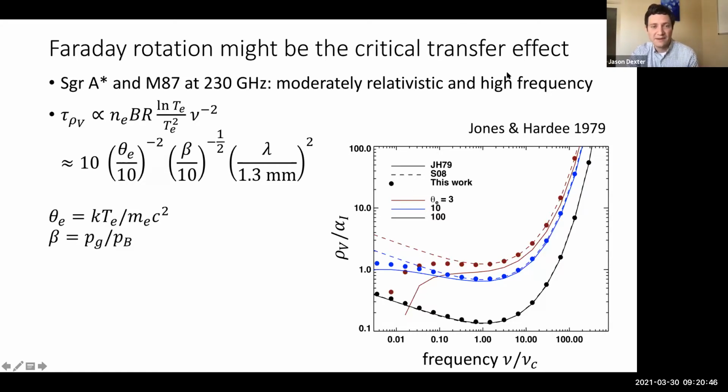And here you can calculate what might be the Faraday depth for some... I'm trying to write this in a way which is source agnostic over here. But if your relativistic temperature, kT over mc squared, is about 10, and this is a plasma beta, the ratio of gas pressure to magnetic pressure, then at 1.3 millimeters or 230 gigahertz where the EHT observes, this Faraday depth can be large. Okay. So there's an analytic argument to back up what our numerical results show, which is that we often find, if we just solve the equations that we showed, that the Faraday rotation effect is really a critical one in studying the polarized radiation. It tends to change the nature of the polarization in a lot of the theoretical calculations that we do.